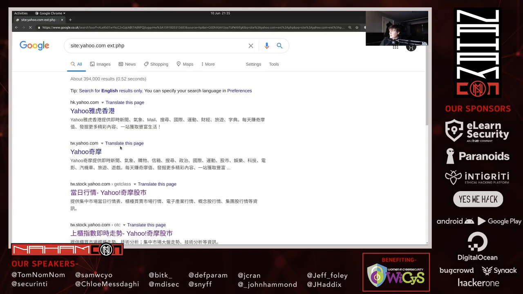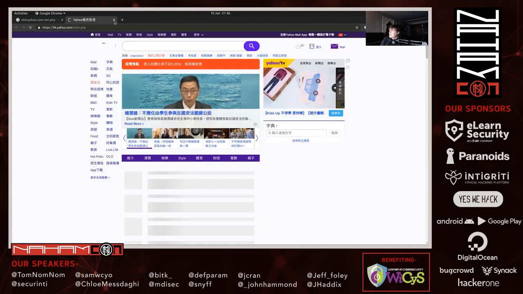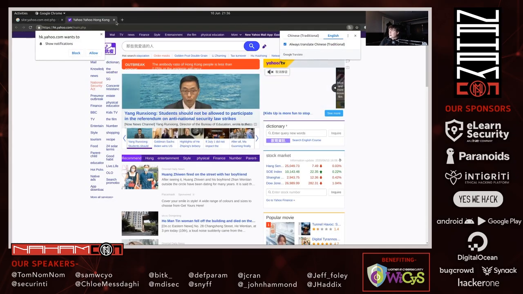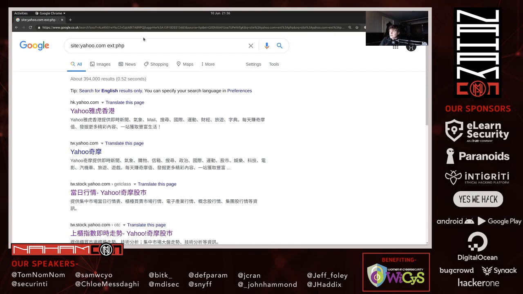And this is the problem with trying to automate this kind of searches, is you're going to hit these captchas or I'm not a robot tick boxes all the time. And it's really hard to script. So what I could do is sort of go through all of these results and open them up in new tabs or something, copy the URLs, but that would take a really, really long time. So what I built was this little extension. I called it Web Paste. It lives in my hacks repo.